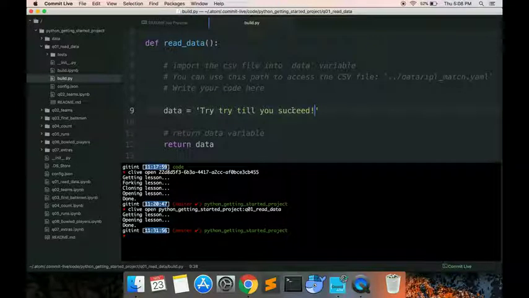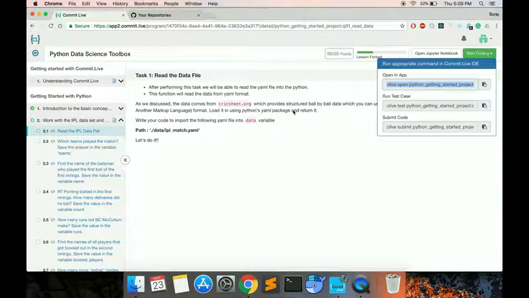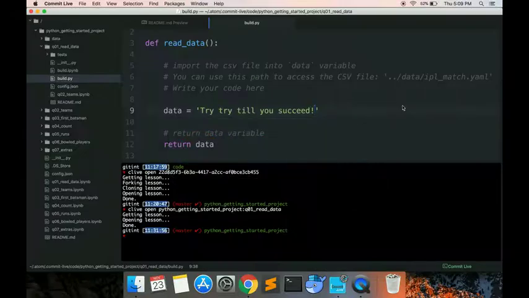After some coding, you will check if your solution is passing the test cases. How to do that? Well, just go to the assignment details in CommitLive Web again. Click on the Start Coding button again. You will see the Run Test Case command. Just copy it, go to CommitLive IDE again and paste it in the terminal.